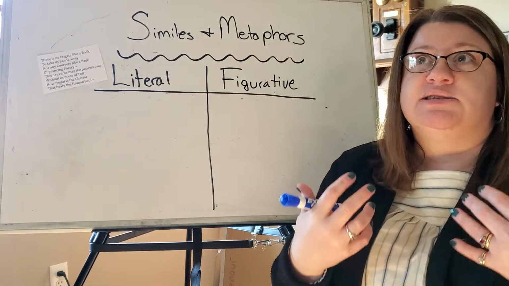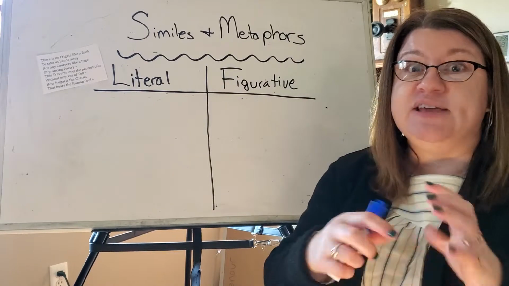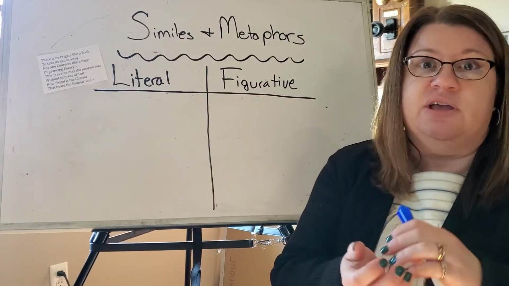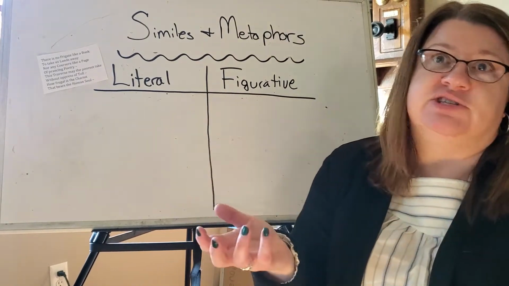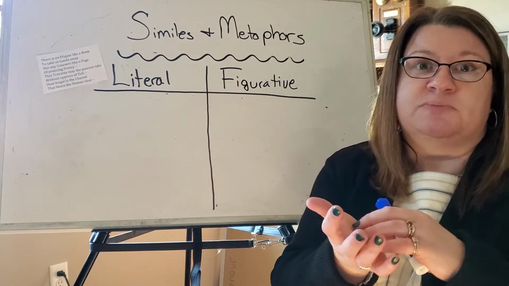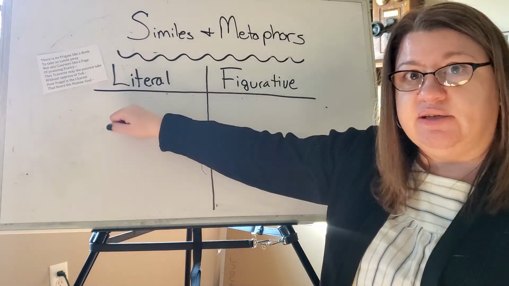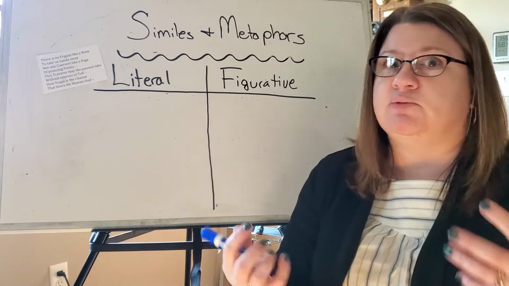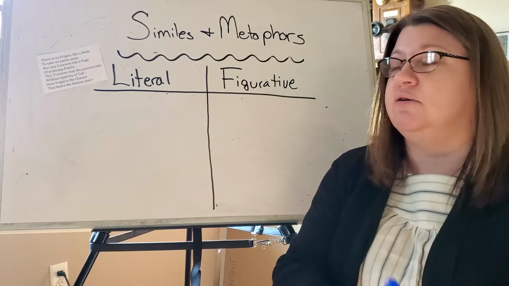So if I want somebody to understand what something I am feeling feels like, I might say the orange felt like goosebumps in my hand. So the orange is the literal thing that I'm trying to describe. The figurative thing would be goosebumps. I'm not really feeling goosebumps, I'm feeling the orange. The orange is the literal thing, right?